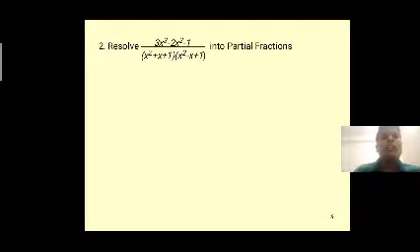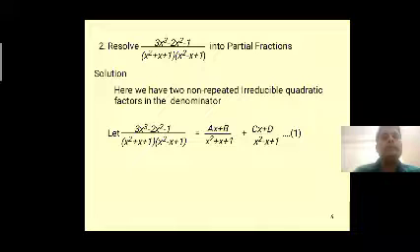Okay. Now we go to the second problem. Resolve (3x³ − 2x² − 1) divided by (x² + x + 1)(x² − x + 1) into partial fractions. You observe here in the denominator we have two non-repeated irreducible quadratic factors. Let (3x³ − 2x² − 1) divided by (x² + x + 1)(x² − x + 1) be equal to, here two irreducible quadratic factors,